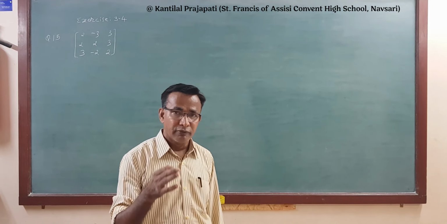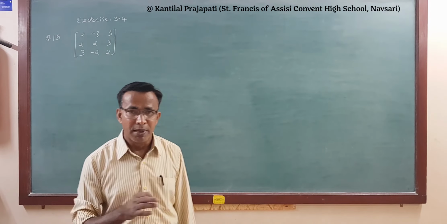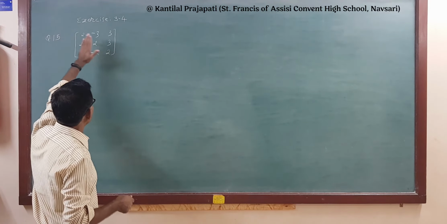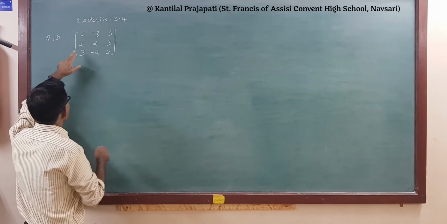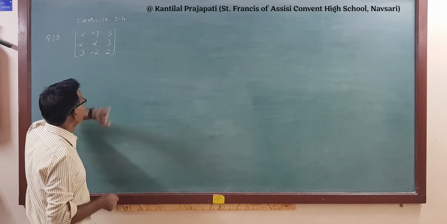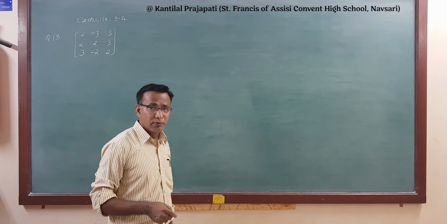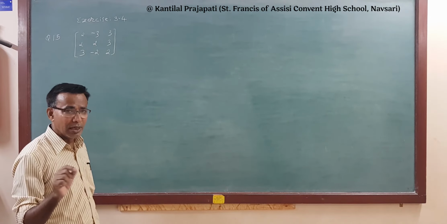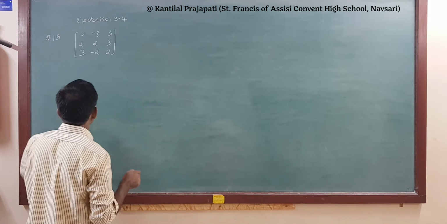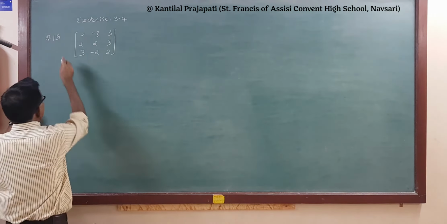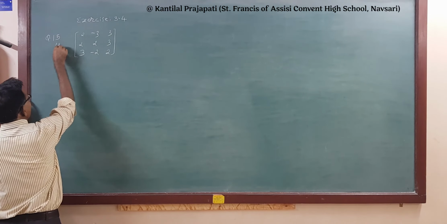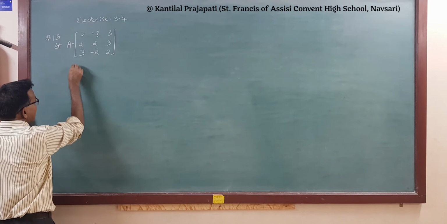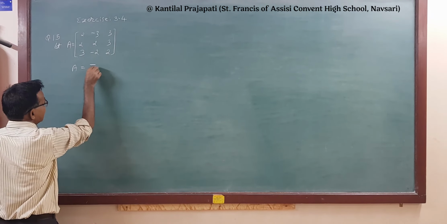Okay, I am now taking one example of a 3 by 3 matrix. That is question number 15 here. If A is equal to this matrix 2 minus 3 3, second row is 2 2 3, 3 minus 2 2, then find the inverse of the matrix by using the row elementary operation or column elementary operation. Right? First we denote the given matrix by A. So write let A is equal to this. Then write the matrix equation in the identity form. A is equal to I into A.